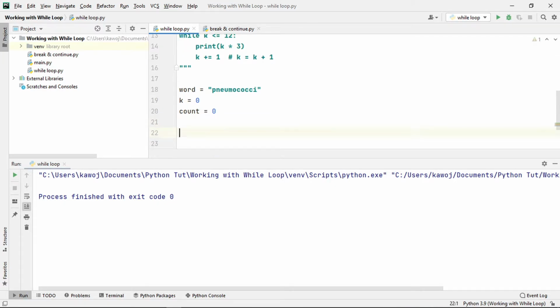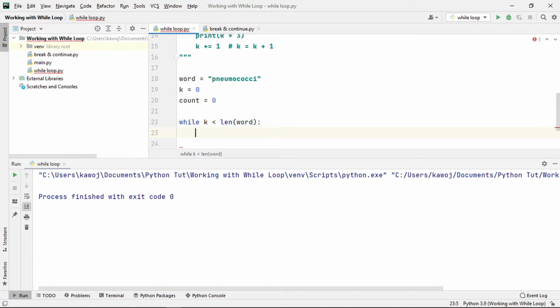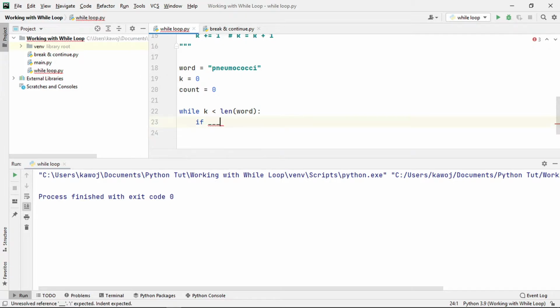Since it is a while loop, we are going to be saying that while k is less than the length of word, we are going to be using this if else statement. If blah blah blah. So going back to